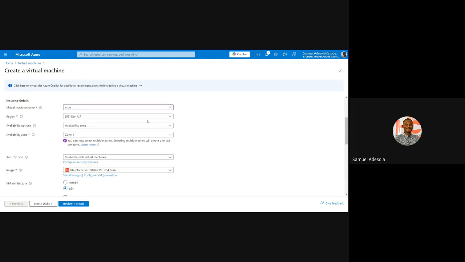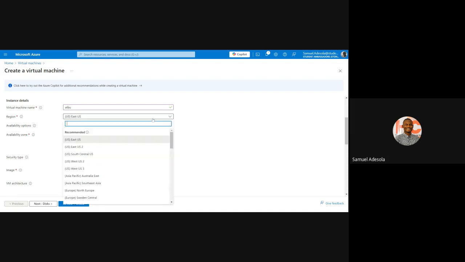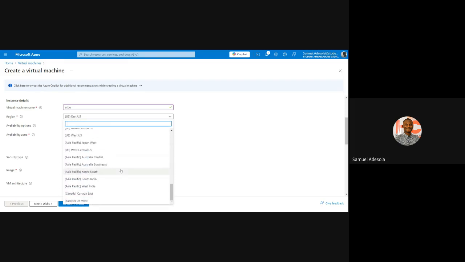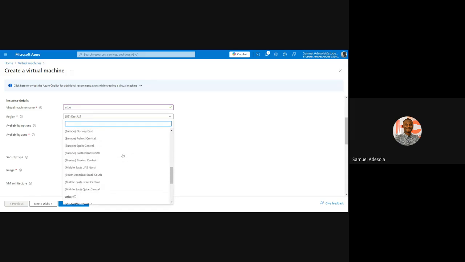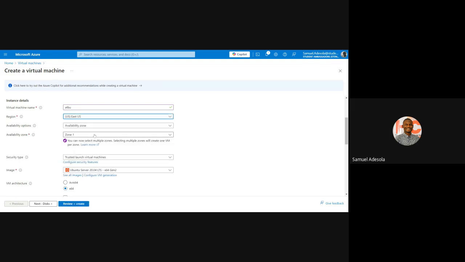So it's now asking me where do I want my machine to be located? Depending on where you are, the closer the machine is to you, the faster it will be. You know, this thing I told you is just another person's computer. It's not like I'm creating something in the cloud. It's just like I want to rent a computer from Microsoft. They're going to give me a computer, like a full CPU there. So it's asking where do you want to rent your computer? I have a lot of places here, you see. All these places are where Microsoft have their computers stored. They have data centers in all these places. So I cannot choose any one. So let me choose East US.